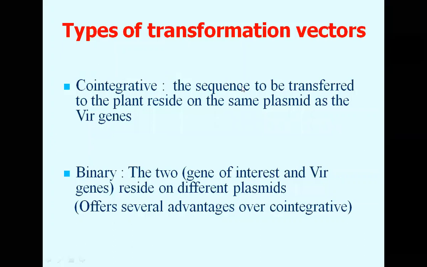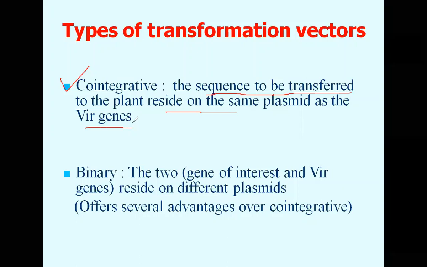So basically there are two types of transformation vectors which are being used in plant transformation. One is what is called co-integrative vectors. The sequence is the gene of your interest. The sequence to be transferred to the plant resides on the same plasmid as the Vir genes. So there is only one plasmid, okay, and you have both the gene of your interest, the marker gene, as well as the Vir genes, all of them residing on the single plasmid, and this is called co-integrative strategy